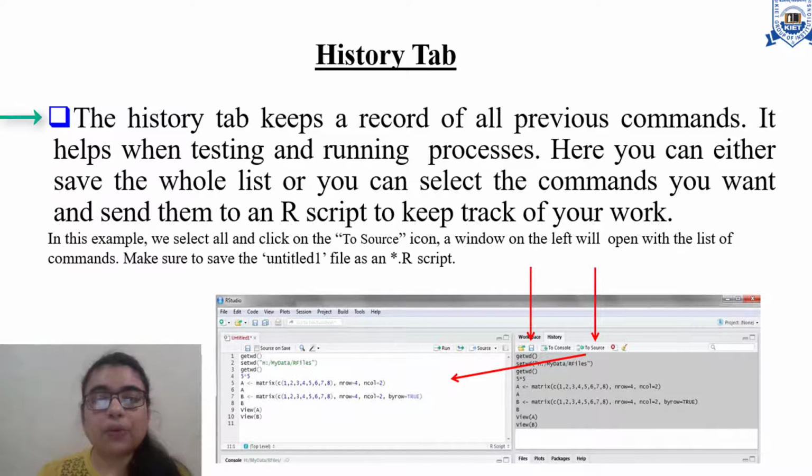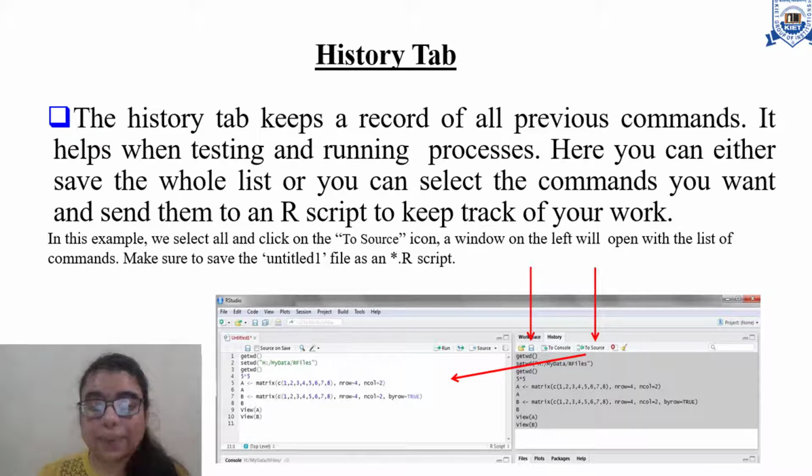Now let us see the history tab. As I told, the history tab keeps a record of all previous commands. It helps when testing and running processes. Here you can either save the whole list or select the commands you want and send them to an R script to keep track of your work.